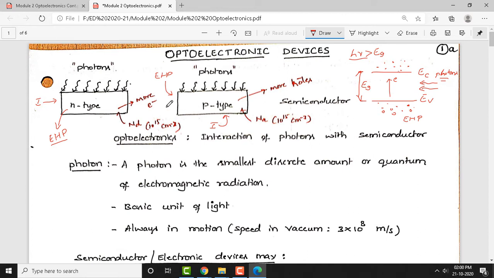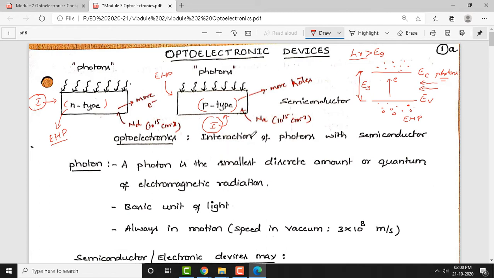The answer is no, because the electron hole pairs will be equal in number. For every electron you see here, there will be a corresponding hole here. This cannot create any significant amount of current. In order to get a substantial amount of current, you need to make these photons interact with the p-n junction instead of with either N-type or P-type semiconductor. It does not create any substantial amount of current here. More and more electron hole pairs are created within the entire material, either N-type or P-type.